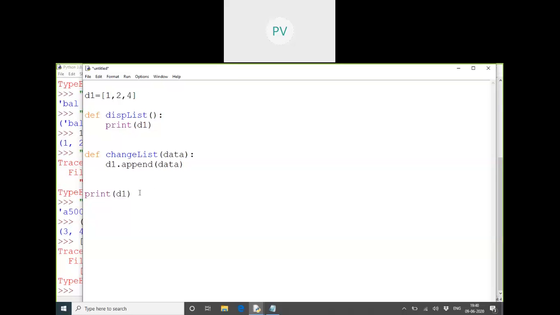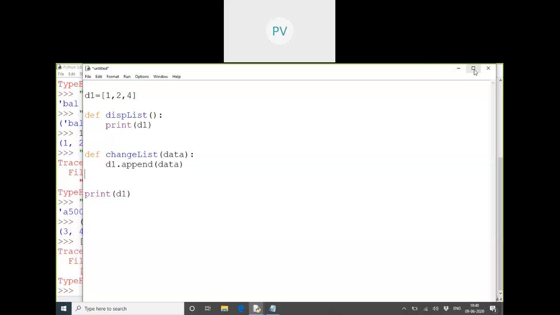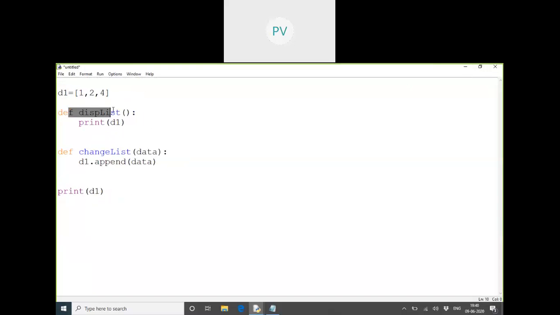So what will be the output here? Can you answer this? I wrote just one variable. These are only definitions of functions, no? They are not currently executing, you know that. Unless we call them, they will not execute. They will not get executed on their own. I have to call those function definitions, then only they'll get executed.